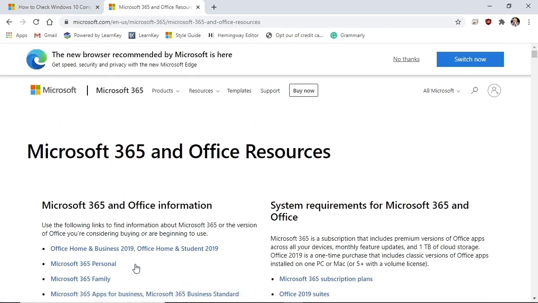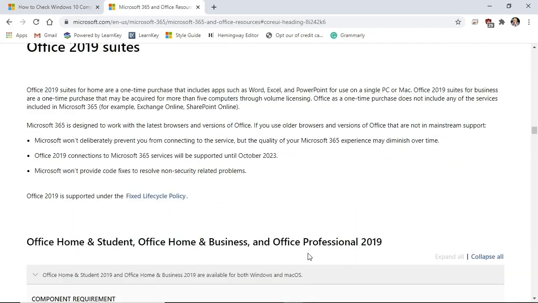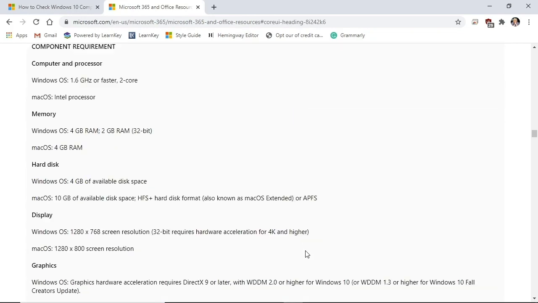I want to view the system requirements for Office 2019 suites, so I'll select it from the list. If I scroll down, we can see the Windows requirements. These are the minimum system requirements for the software to install and operate. In addition to the minimum requirements, manufacturers often provide recommended system requirements. Recommended requirements aren't necessary for the software to function, but are ideal if you are looking to get the best